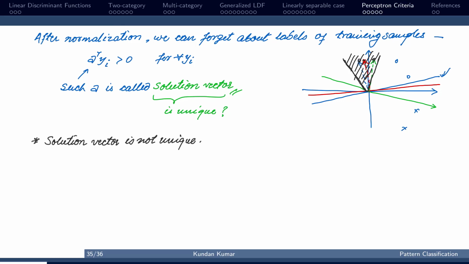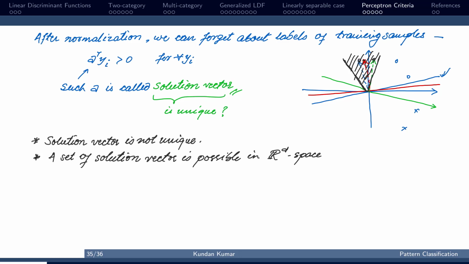So we can say that a set of solution vectors is possible in the d-dimensional feature space, and this space is called the solution region. Okay, the region where our solution vector lies. More formally,